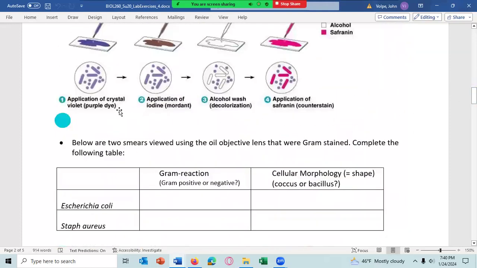And this is showing you the appearance of the cells after applying crystal violet, after applying both crystal violet and iodine, after the decolorizing step. The gram positive cells remain purple. The gram negative cells lose their crystal violet iodine complex and will appear clear because they have no pigmentation in their cell wall. And then we apply the safranin, and then the gram negative cells will be pink and the gram positive cells will be purple. So here are 2 smears,